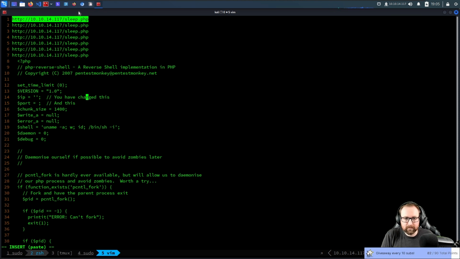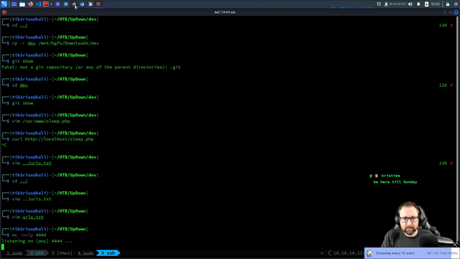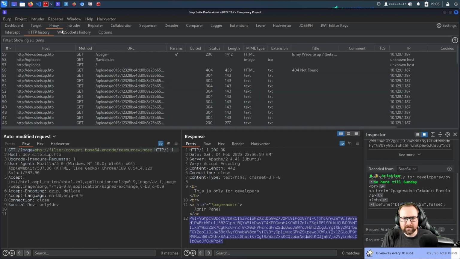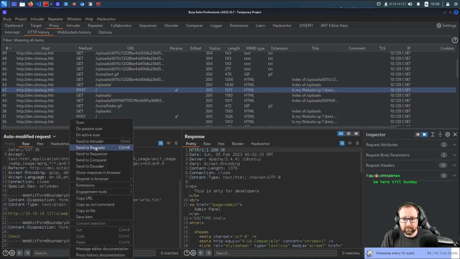Okay, so you have changed this. I have not. Let's make that statement true. We have. Okay, and this 4444. That should be good, right? Yeah. Okay. So we are going to set up a netcat reverse listener, and I'm going to get everything up. Actually, one thing I want to try before we do this,